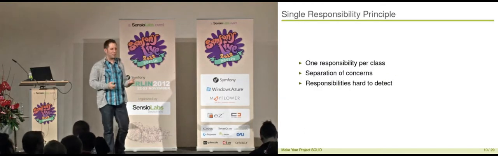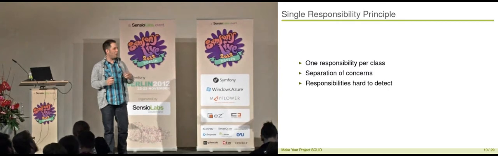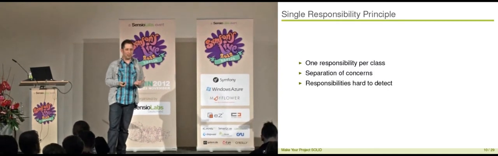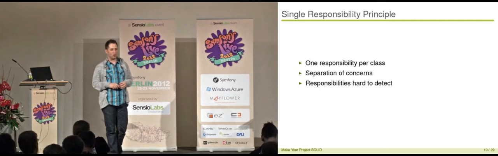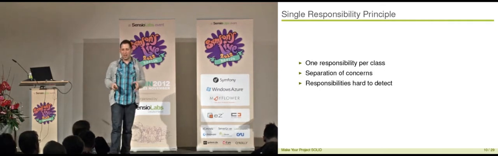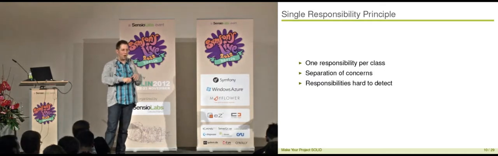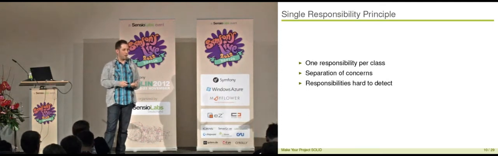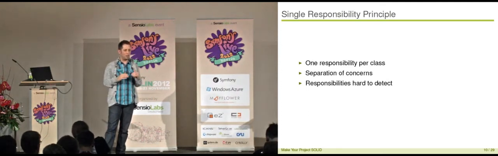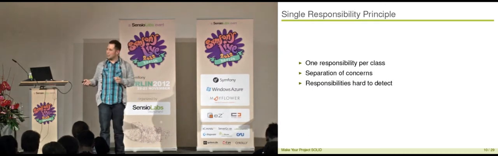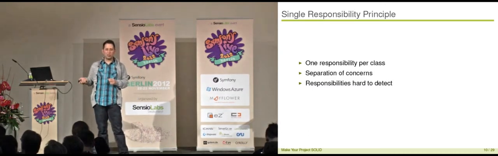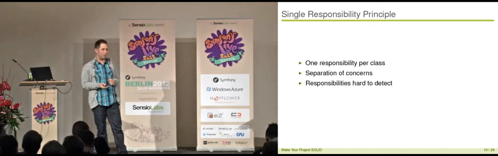So the idea is to design classes in a way that they only have one responsibility per class. If you ever heard about separation of concerns, that is exactly the same thing. What you intend to do in order to have modular, flexible, maintainable, and testable code is to rip your responsibilities, the actions your application does, into as small pieces as possible. Of course, you need to stop somewhere in order to not destroy your business value, but putting lots and lots of stuff into one class, as we have seen here, is not the solution.